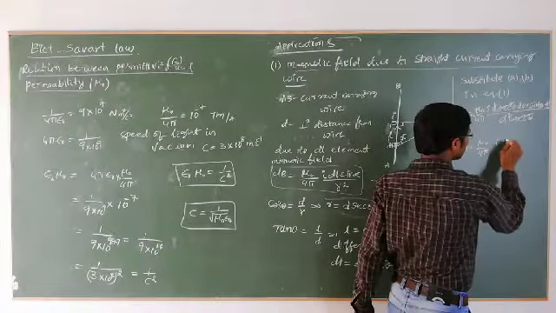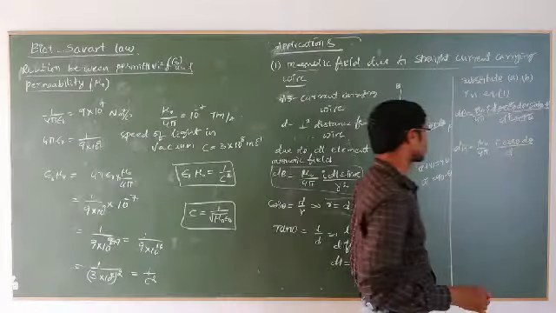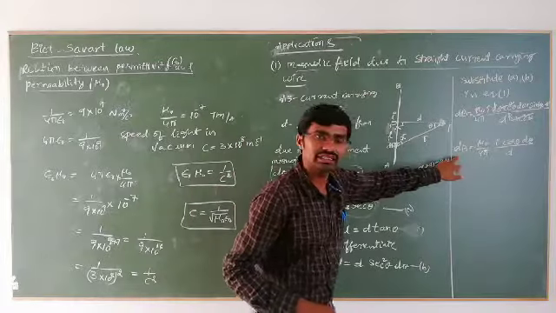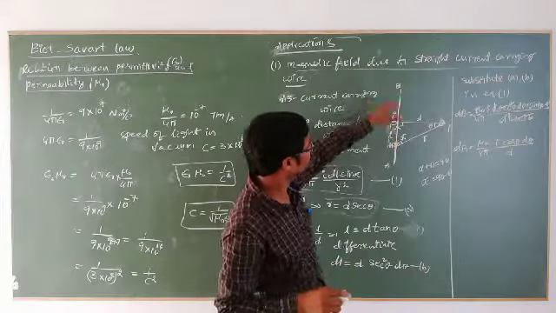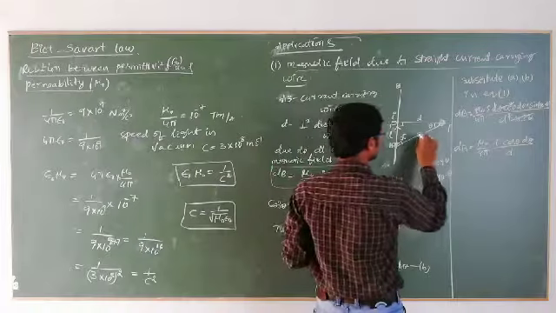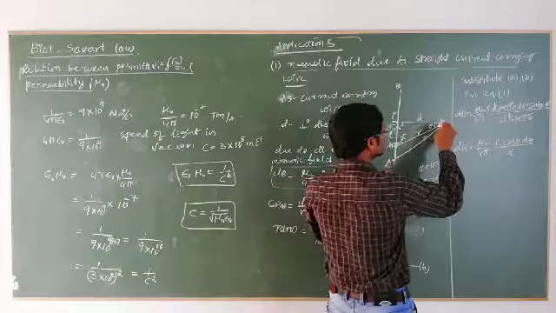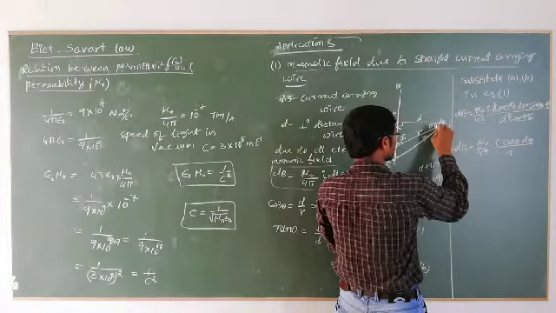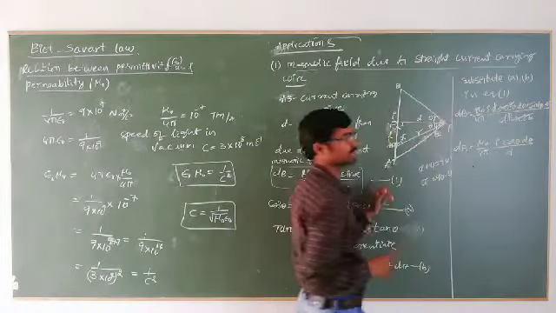sin(90 minus theta) is cos theta, d theta by d. So here you can understand easily that this dB is the magnetic field due to only the dl length element. But I need to find the magnetic field due to the entire length of the wire. For that purpose, let me take the integration for the total, from this one, if this angle is theta 2, and at the other end, this angle I have taken as theta 1.